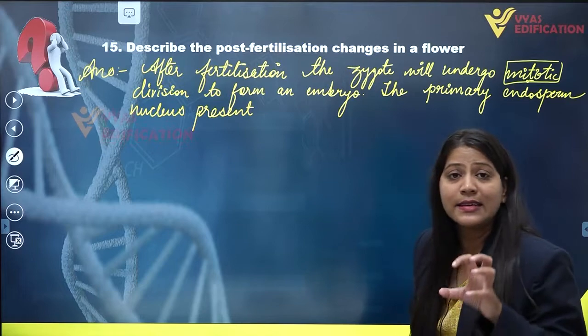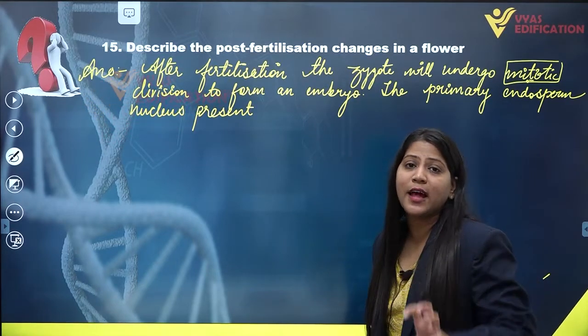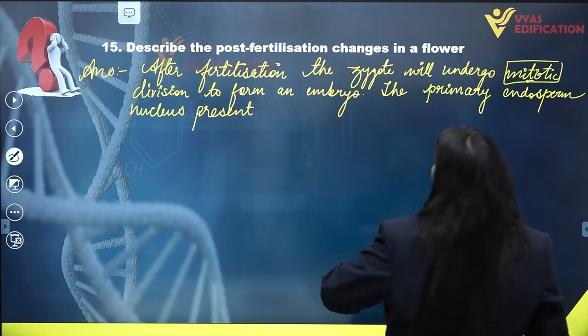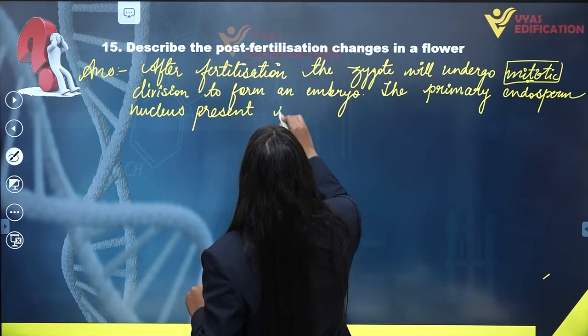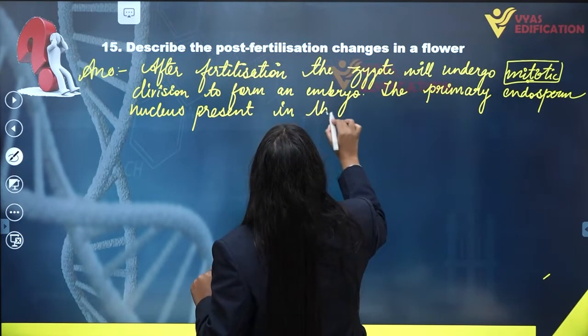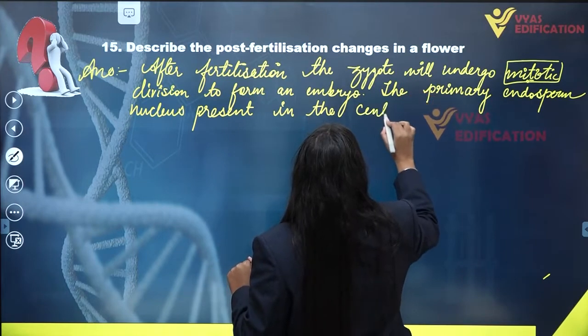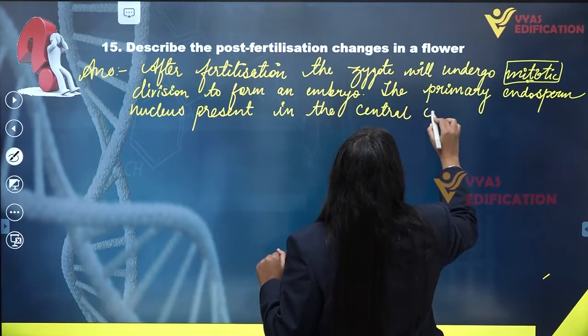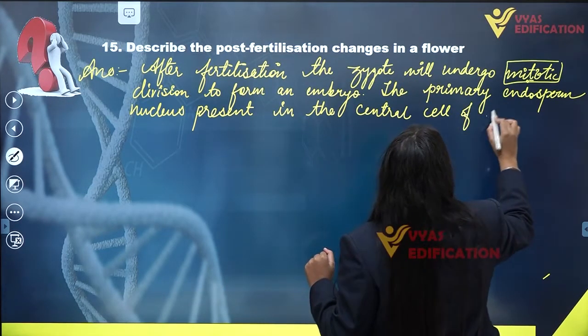It is present inside the central cell of the embryo sac. So the primary endosperm nucleus present in the central cell of the embryo sac